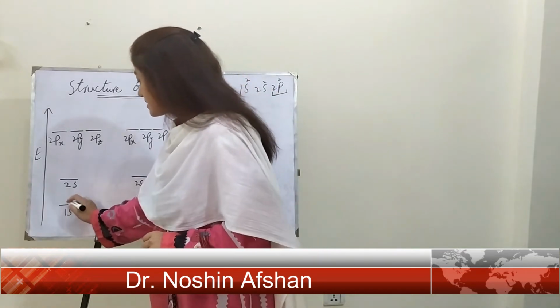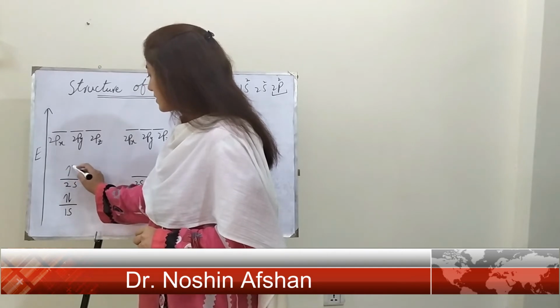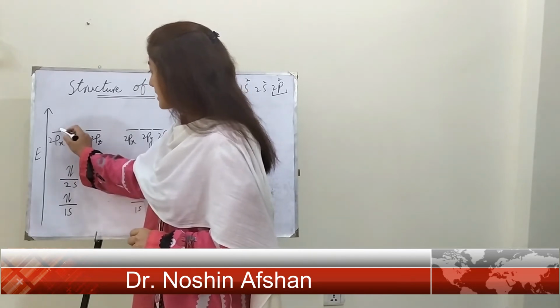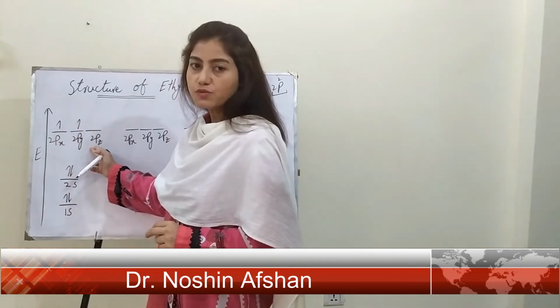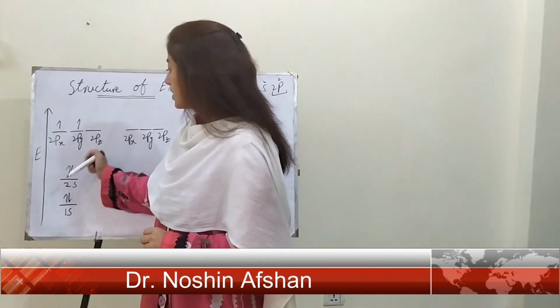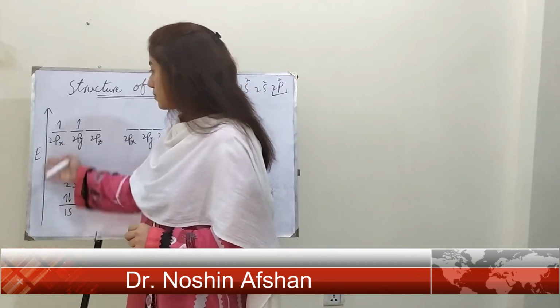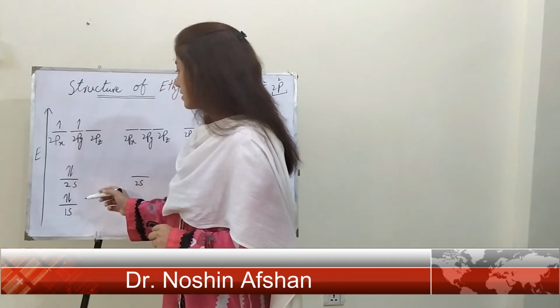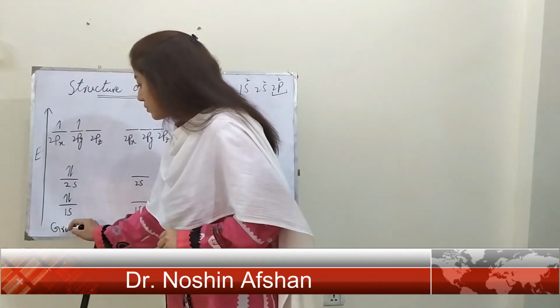Here in 1s there are 2 electrons, in 2s there are 2 electrons, in 2px there is 1 and 2py also contains 1 electron. And the energy level of all these orbitals increases from bottom to top. And this is the ground state